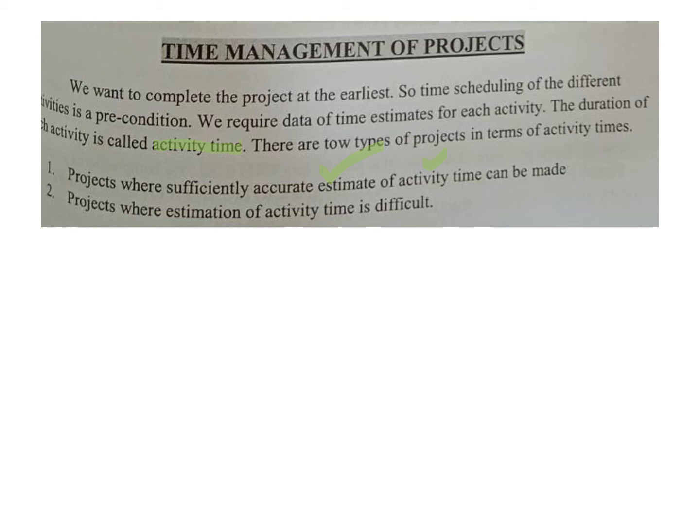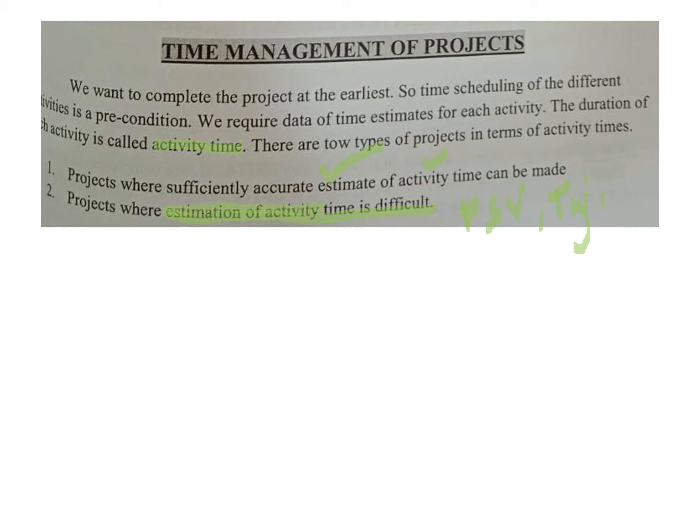But there are some activities or some projects in which the estimation of activity time is very difficult. For example, when India first started with, let's say, one of the PSLV satellites, or the Agni missile, or when Shah Jahan started with the Taj Mahal project. One never knows what kind of time, what kind of cost, and what kind of manpower is required to finish it. You keep doing it and you figure out how it goes. So those are projects where estimation of activity time is difficult, right?